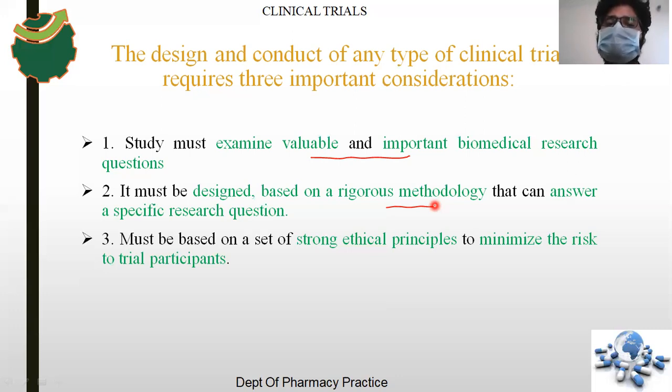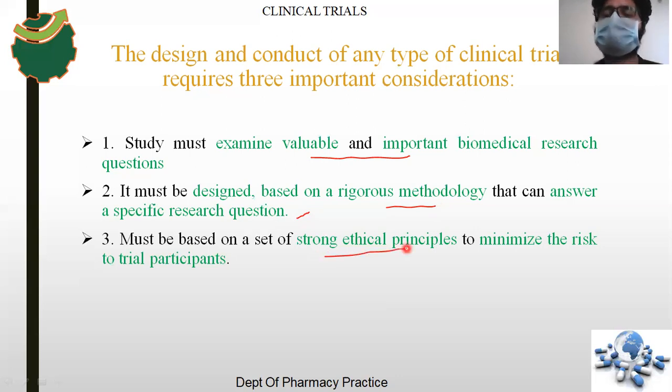So when we take this kind of thing, we will be seeing the quality of life improvement after your interventions, right? And if you are not collecting the data from the same people at two different points of time, then you can use the unpaired t-test or single t-test, right? Those kinds of things. The research methodology you are going to implement should be chosen after a thorough research survey, and that survey should answer your question. Next, it must be based on a set of strong ethical principles, where you have to follow all the principles.